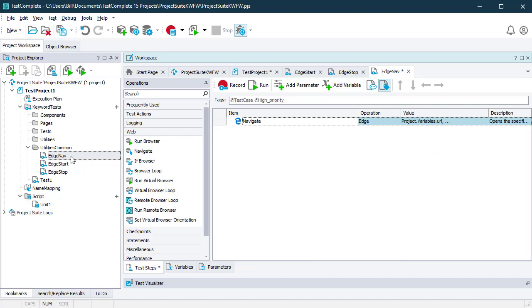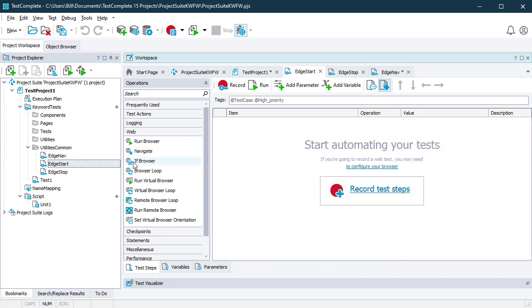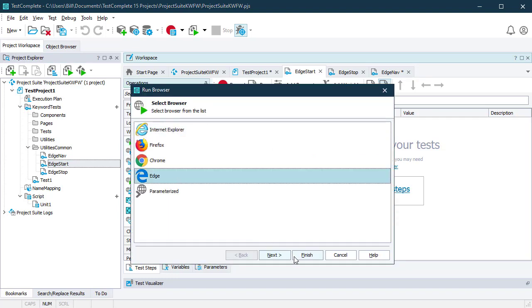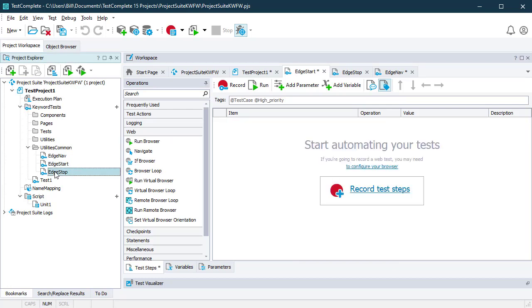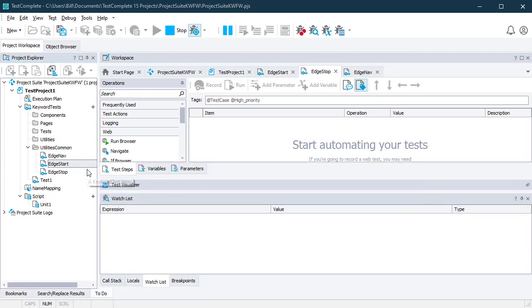Okay, so that's the navigate test. Then we want the start Edge test, so that's just simple run browser, run Edge, and then we've got the stop Edge, and for this we will record the process of stopping or closing Edge. So what I'm going to actually do is start Edge by running this particular test so that I have Edge running,